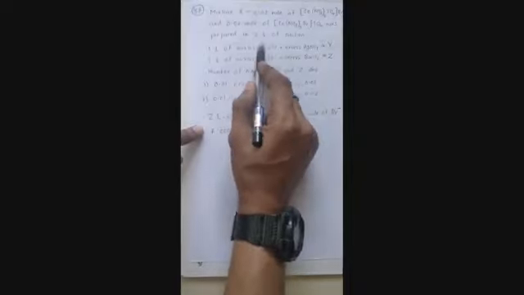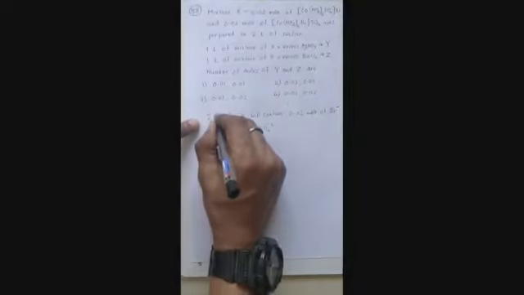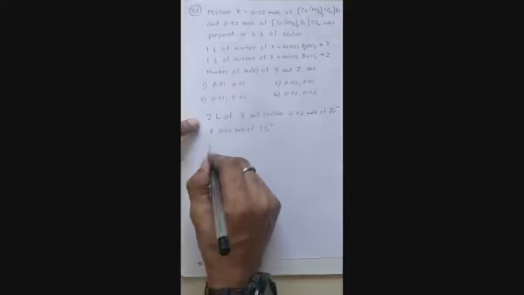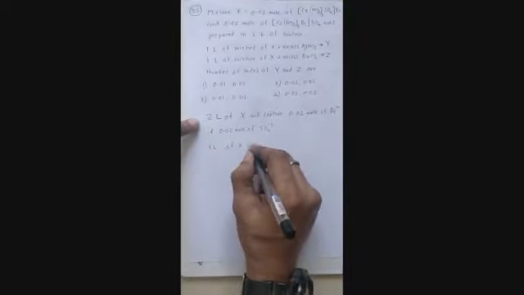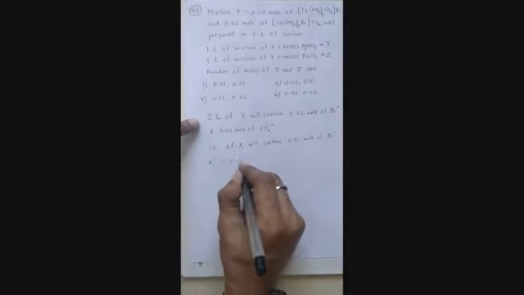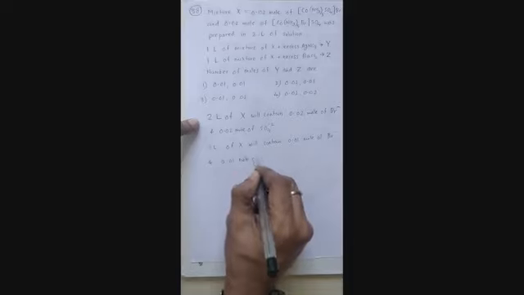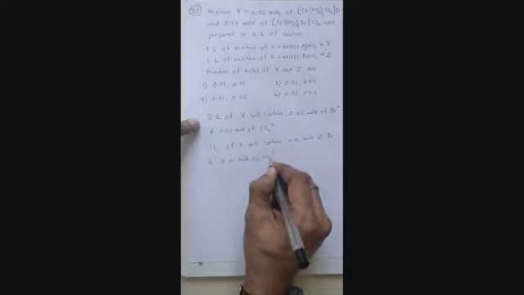Now it is given in 2 liters. Therefore, in 1 liter, we want 1 liter of X. Here the ratio is 1:1 and the ratio will remain the same. So in 1 liter, as the volume is half, obviously we can say that 0.01 mole of Br minus and 0.01 mole of SO4 minus 2. Correct? Now that should be known to us.